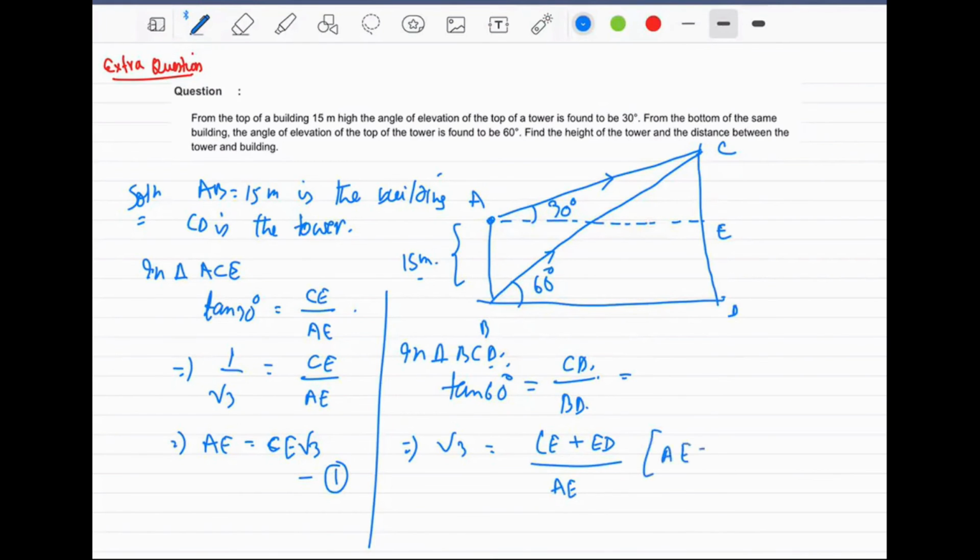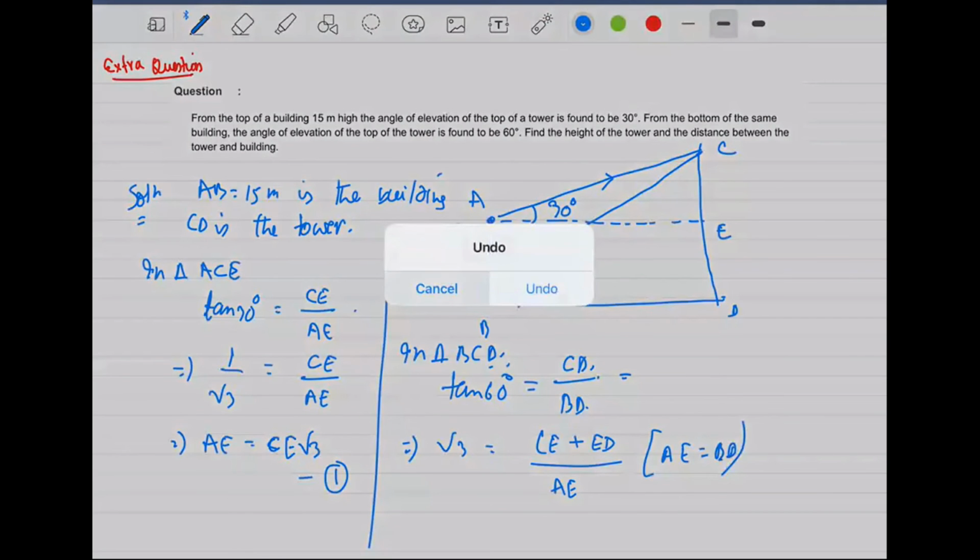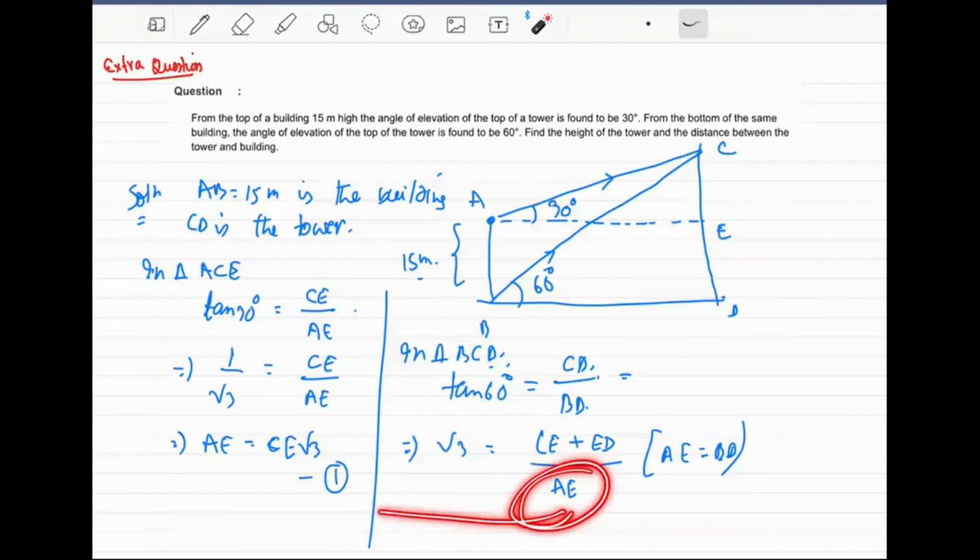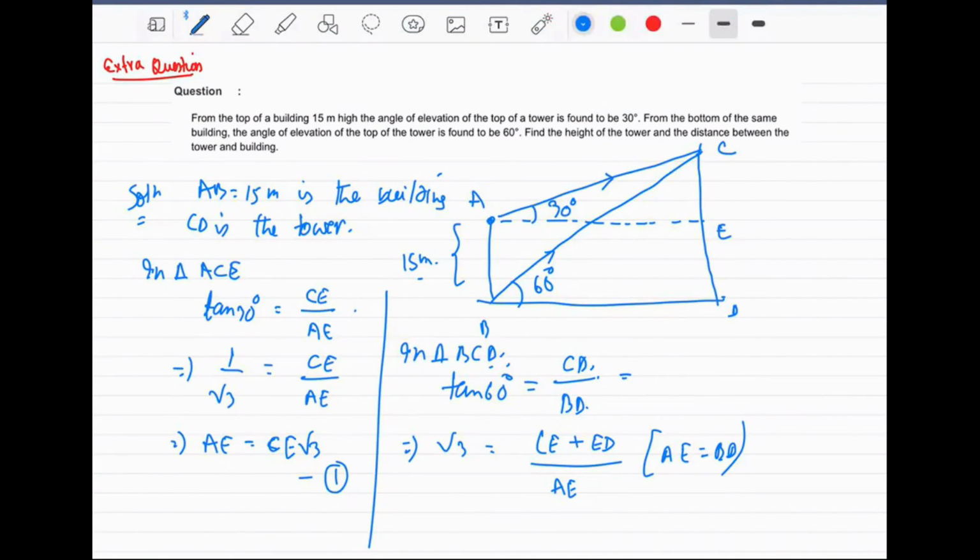You mentioned here why AE is equal to BD. And instead of writing AE, I can replace it with CE root 3. Right. Okay, so CE root 3, instead of writing AE, I can replace it with CE root 3. So root 3 is equal to